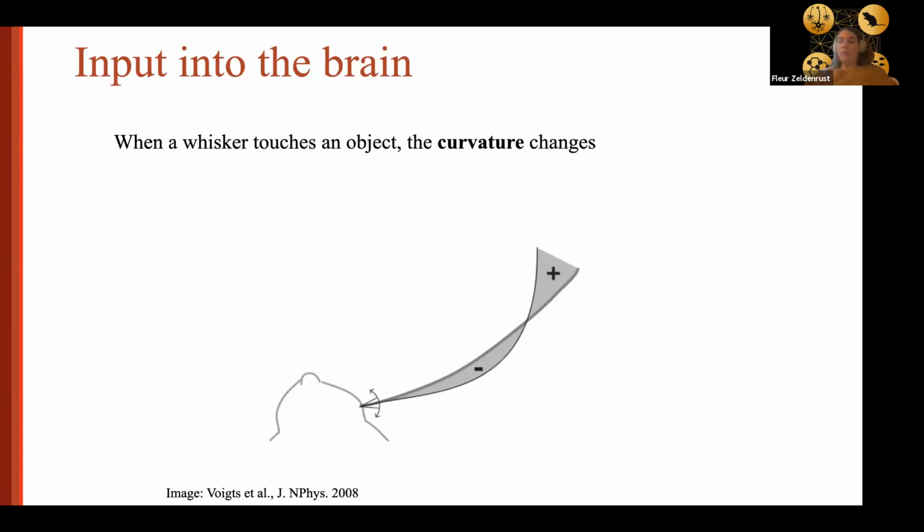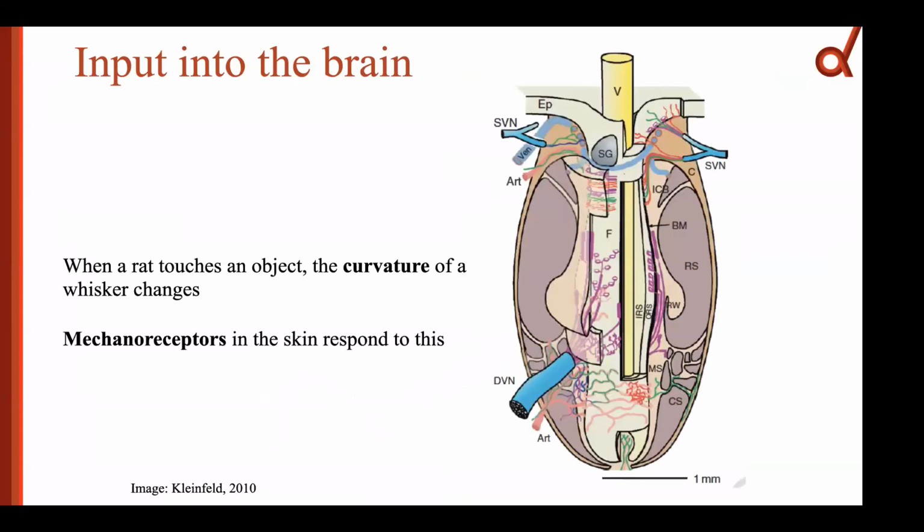Now, a very quick introduction to the whisker system. What you see already in the videos is that when a whisker touches an object, the curvature of the whisker changes. The whisker is a stiff hair inside a follicle, inside the skin, and surrounding the whisker, where it is inside the skin, there are mechanoreceptors, basically press sensors. So once the curvature of a whisker changes, the whisker starts pressing against these mechanoreceptors, and that is then the sensation that